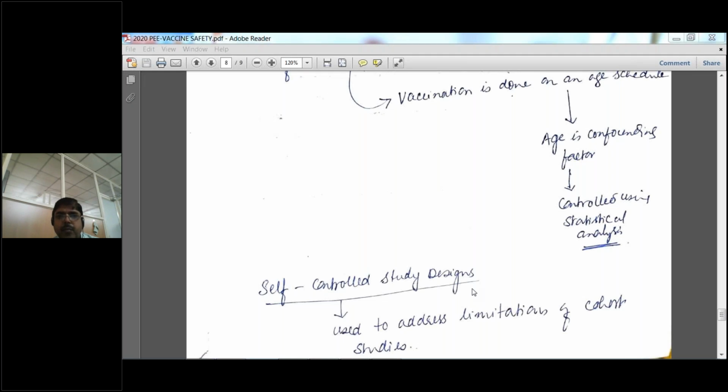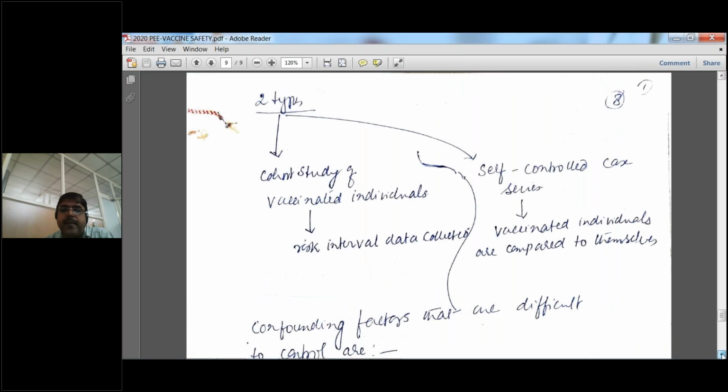So they are more accurate when compared to even case control as well as cohort studies, because any variation that happens is with respect to self. So that is the advantage. You can use such kinds of studies in order to reduce the bias. Let us see self-control